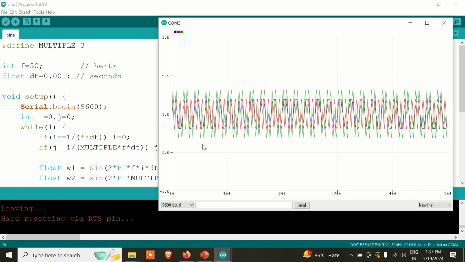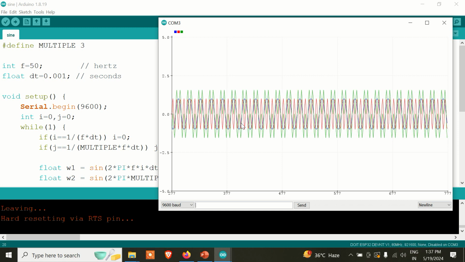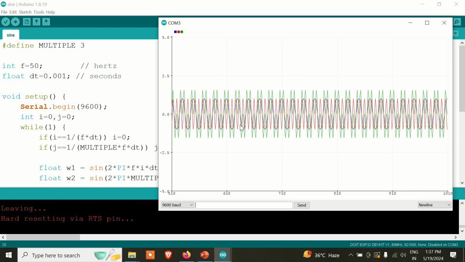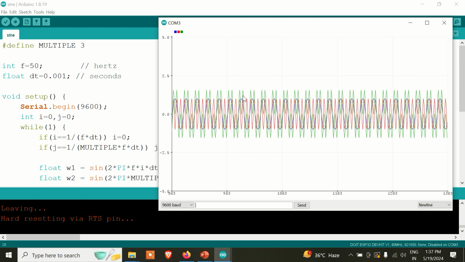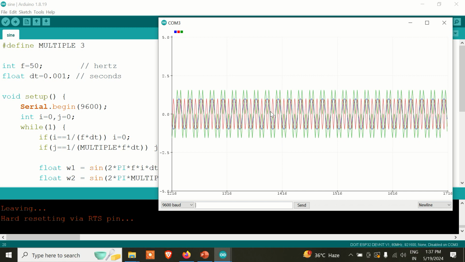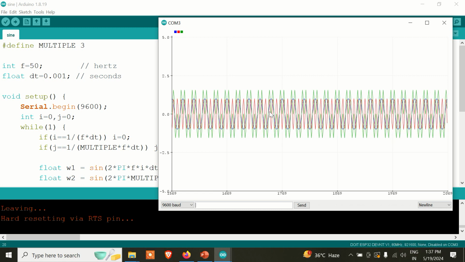Two signals indicate the fundamental and the third order frequency, and the third signal looks like an M shape, which is because once you add this fundamental with the third order harmonic, the shape of the waveform is no more a sine wave. So that means, say for example, if you have a square wave, if you have a sawtooth waveform,